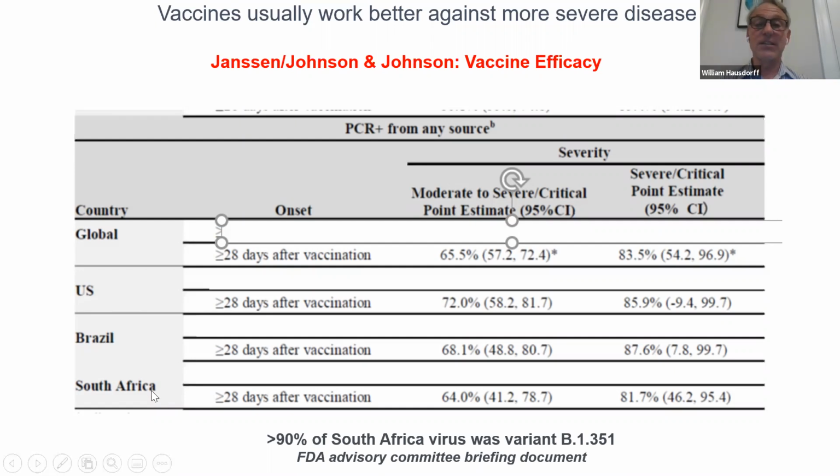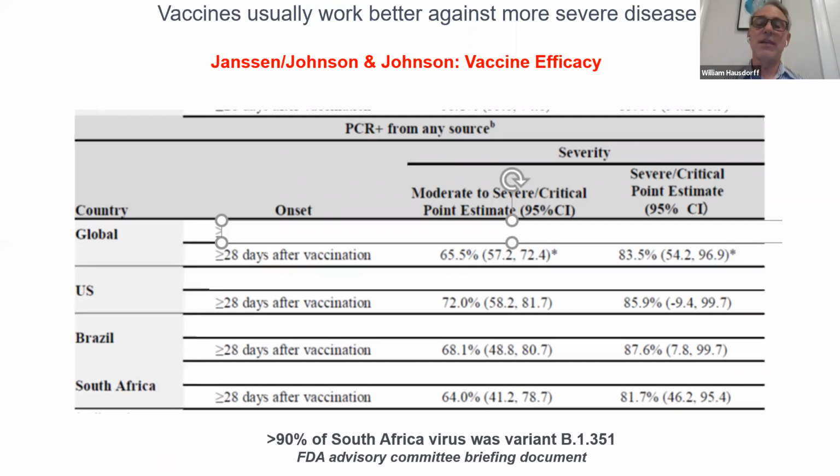And one difference that can exist between countries is these famous variants, which means a different version of the virus. The same virus, but a little bit different. And there was a South Africa variant, the Brazil variant. They end up coming to the US, don't worry, they'll come here. Some of them are here already. The UK has a variant, and they're just slightly different. And so you want to know, does your vaccine work as well against those variants as it worked against severe disease? And so I want to show you this because